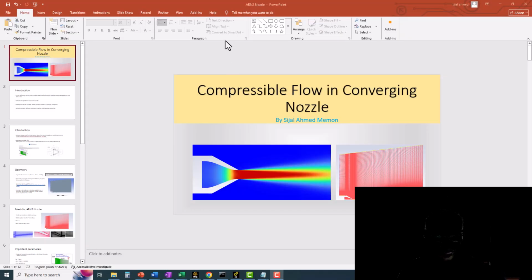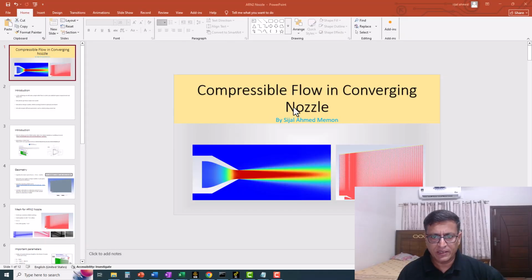Hello everyone. So here I am with a new workshop and the topic is compressible flow in a converging nozzle. Here we have taken the geometry from NASA's website. This is a validation case, and we are going to solve the compressible flow, like in the previous workshops where we solved the flow when it was incompressible. Here the flow is compressible and we are going to make the geometry from NASA's website description and the